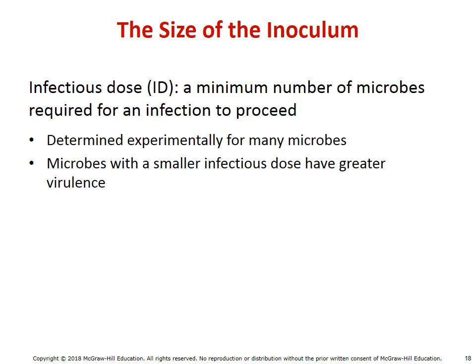One of the things you have to understand is you have to take in a certain dose or inoculum before you're typically likely to get sick. And so we like to put a number on that. What we call that is the infectious dose, or the ID, which is the minimum number of microbes required for causing infection. As a general idea, the lower the amount of microbes required, the more virulent the thing is considered, the more likely it is to make you sick. And so the idea here is if something has a low ID, it's often pretty dangerous.